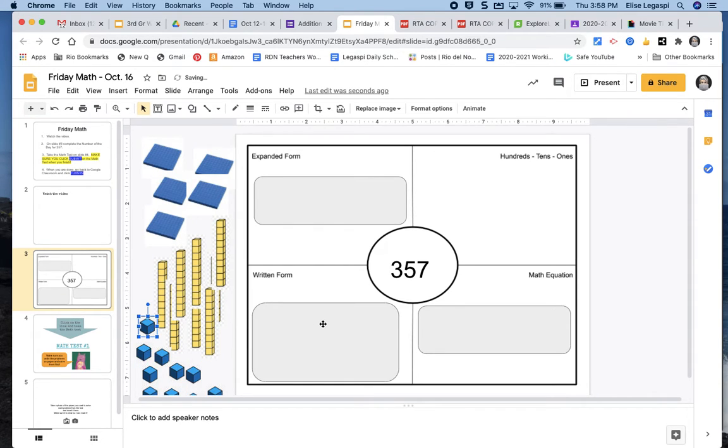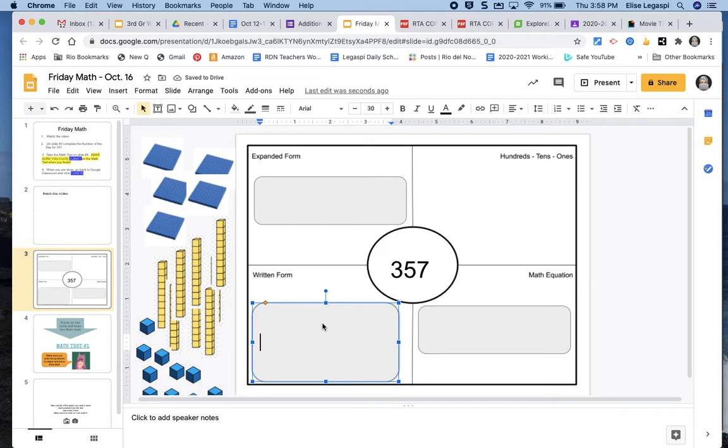And, okay, written form. So this is written form. You're going to type this number, and I will have that slide up that has all the spellings for the number. So I will have that up for you that you can use, but you will type whatever the spelled out written version of our number is. That's what's going to go in this box. And then your own math equation here. Please do an